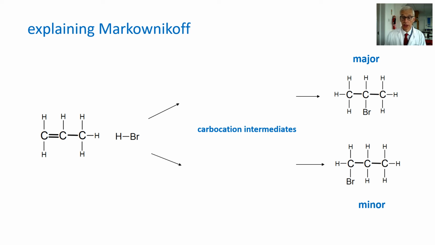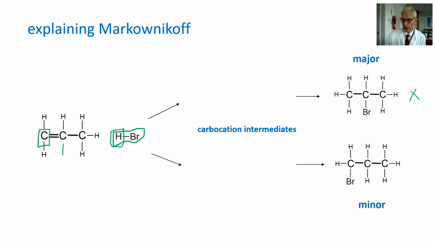So we can use the ideas of heterolytic electrophilic addition to explain Markovnikov's rule. Now, I'll just remind you that Markovnikov's rule refers to the addition of a molecule such as hydrogen bromide, which is of the form HX, adding across a carbon-carbon double bond within an unsymmetrical alkene. And the rule simply states that the hydrogen will add to the carbon that already has the more hydrogens. So we would expect to see the carbon on the left-hand side gaining the hydrogen. That means the bromine should add to the carbon of the double bond on the right-hand side. And the major product will be the 2-bromo